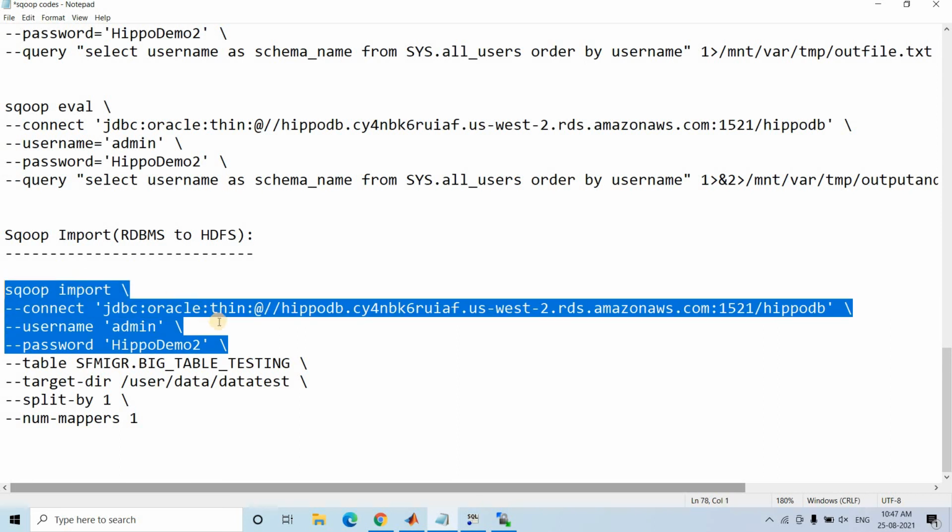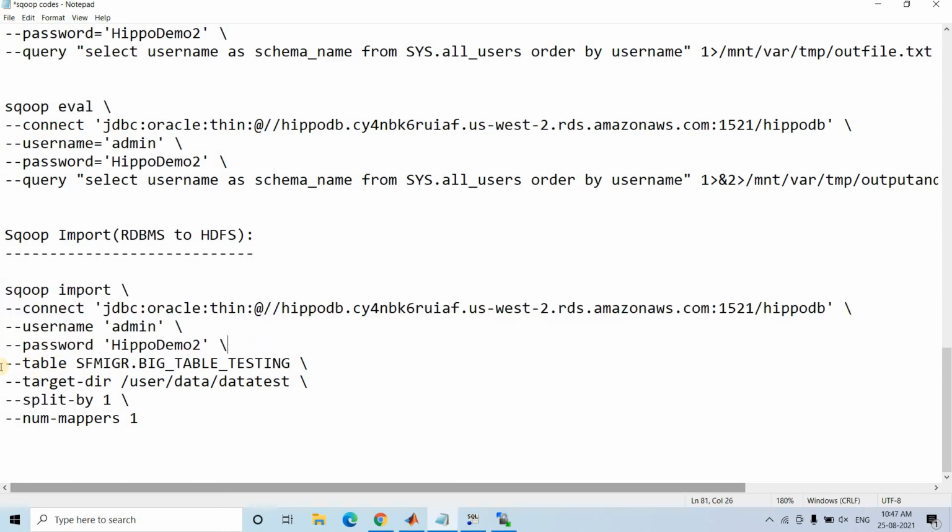This part is the same as what we used for the eval function in Sqoop. Then we specify the table name, that is the schema name, then the table name. And then target directory. Target directory is basically the location where Sqoop is going to dump the data.